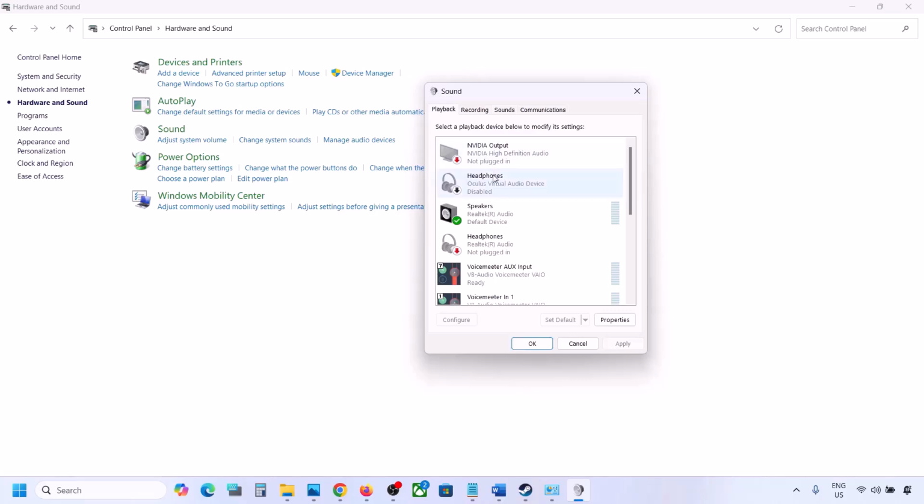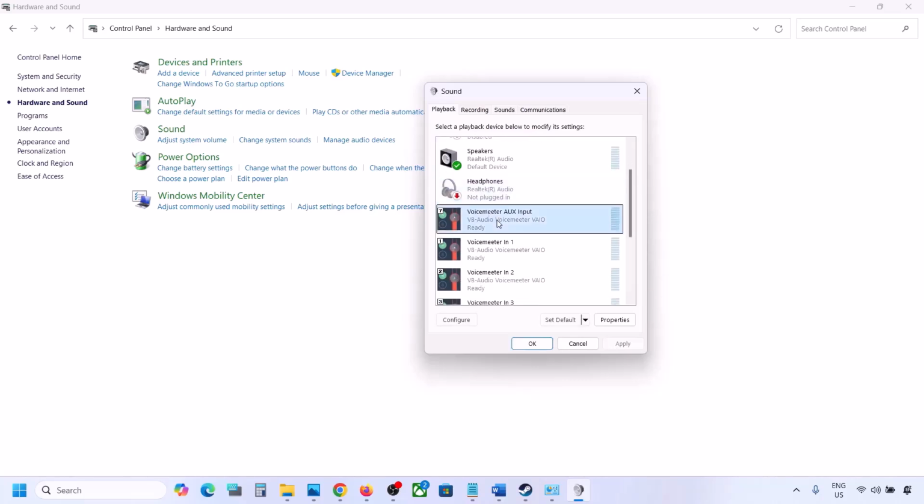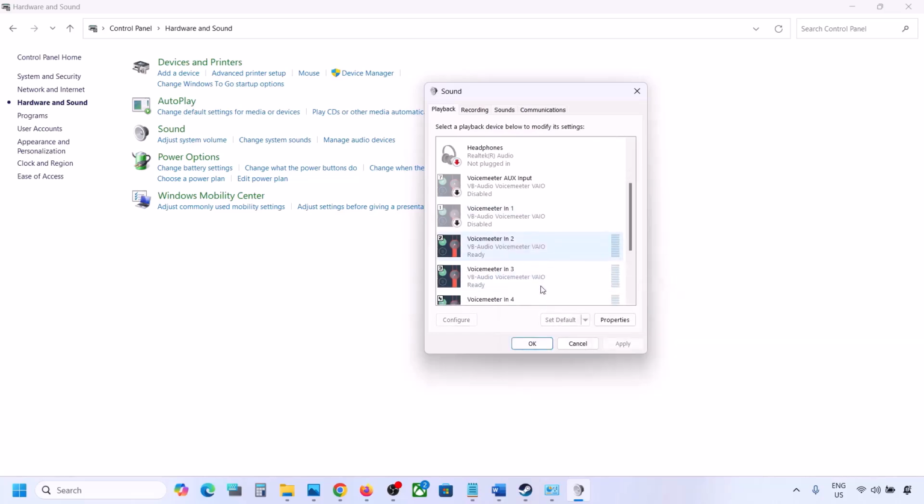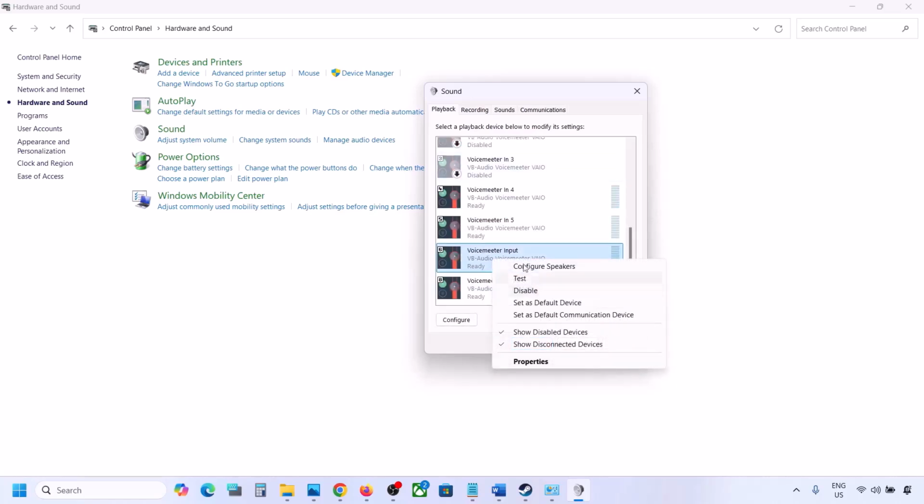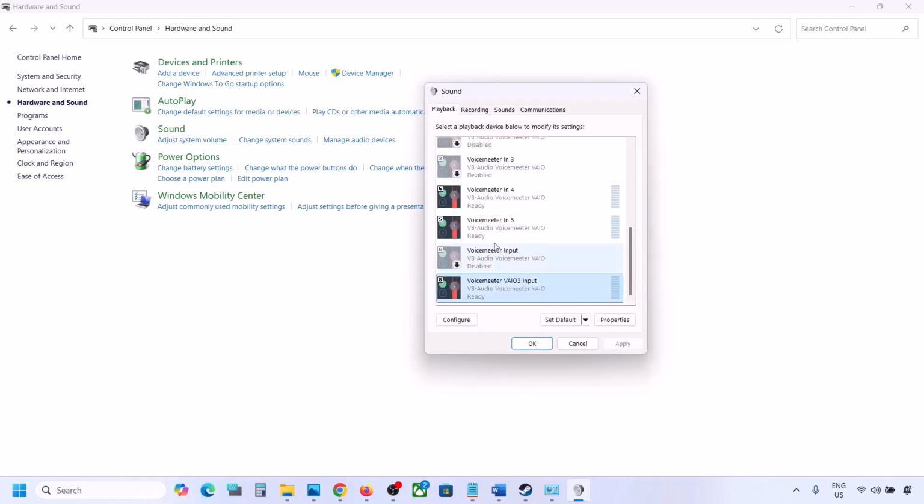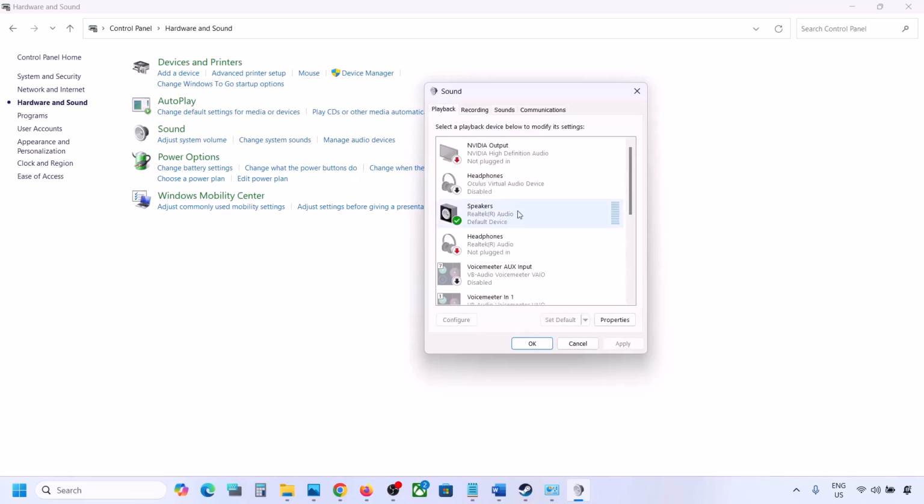Whenever you want to enable it, you can simply right click and enable it, but while playing the game, if you want, you can disable it. I'm not using this headphone, I'm not using Voicemeeter, so I will disable everything. So disable audio devices which you're not using. Now once you disable all the audio devices which you're not using, you can launch the game, but make sure